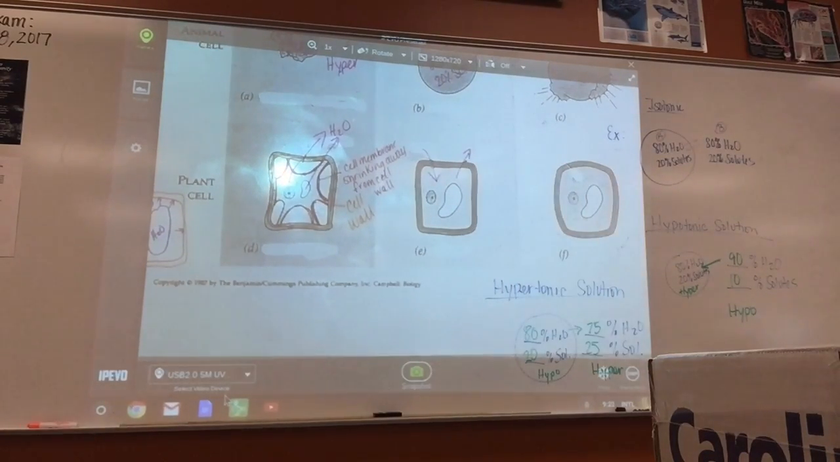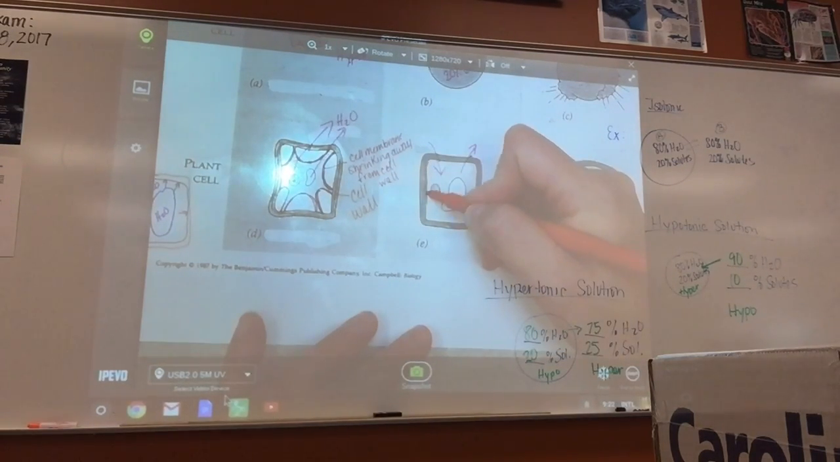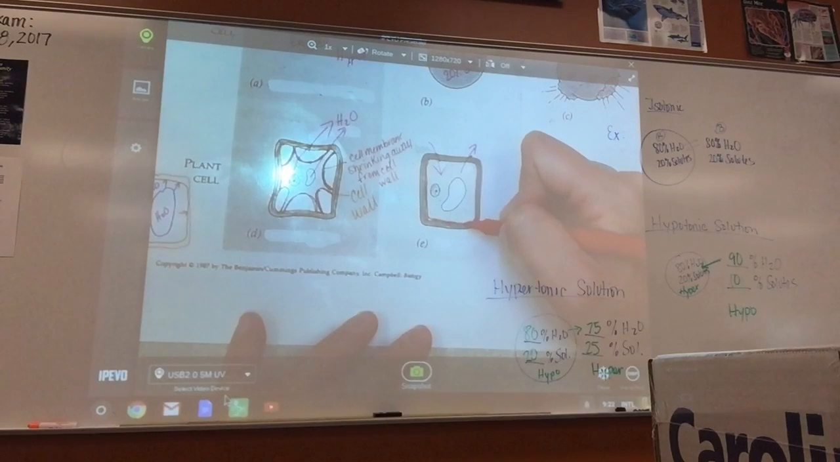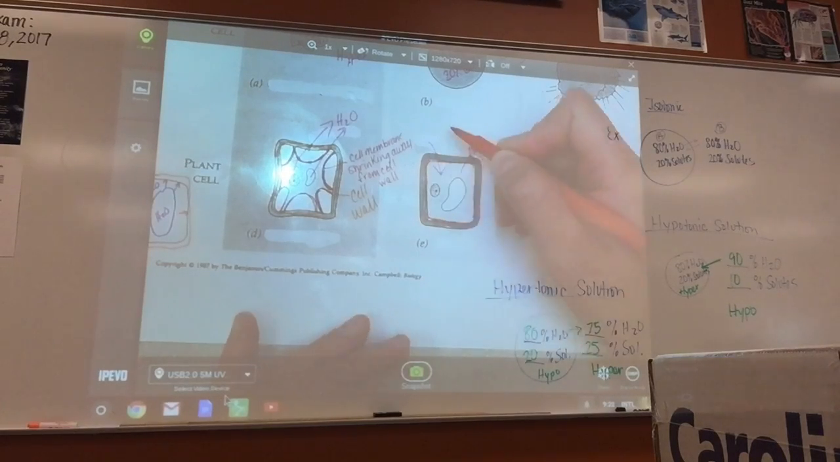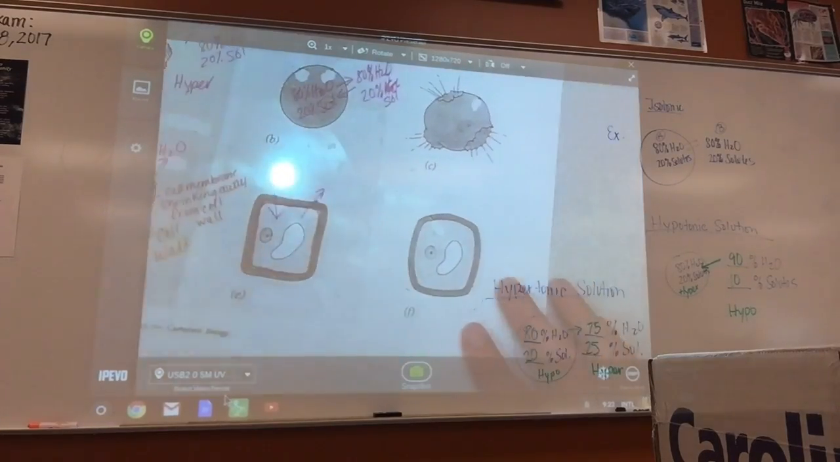Notice here, the cell membrane, so I'll put red here. The cell membrane is against the cell wall. That's because it's not losing a bunch of water here. So it's putting some pressure against the cell wall. All right, and so that leaves the last one as